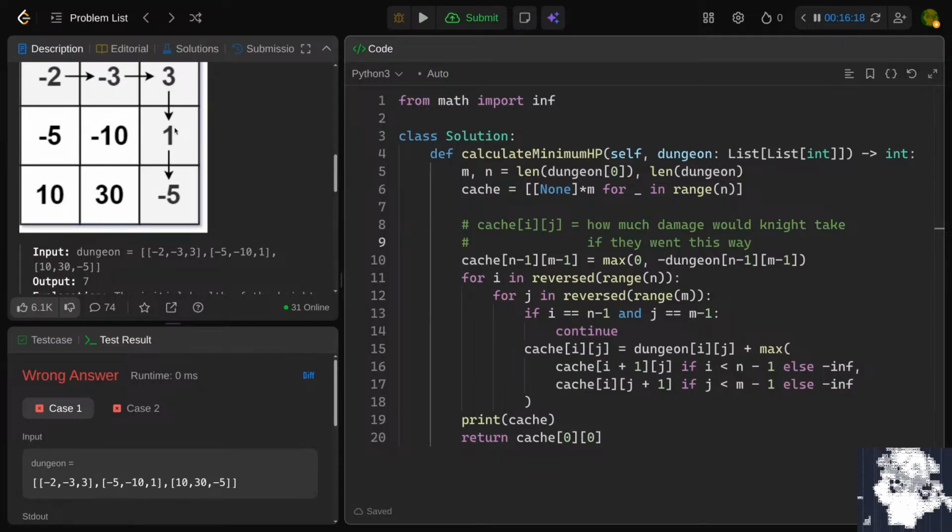It would be 4. Because you add the 1 and then you subtract and then you add the damage that you would take to go to the other place. So it's value of the dungeon plus